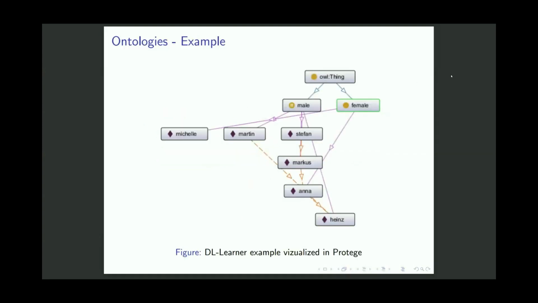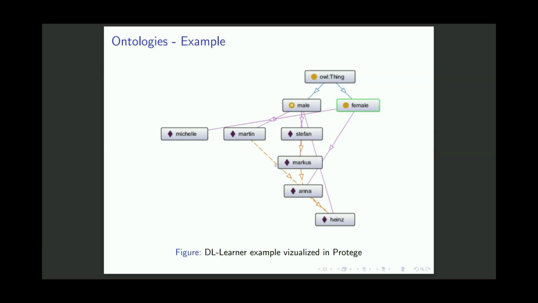Here we have a visualization of an ontology. Here you can see the top class, Thing. It's a class that encompasses everything. Every instance is part of Thing, with a relation of type subclass shown with the blue arrows, because we have two actual classes, male and female. With the purple arrow, we have an instance-type-of relation, because, for example, male has Stefan as an instance, and female has Michelle and others.